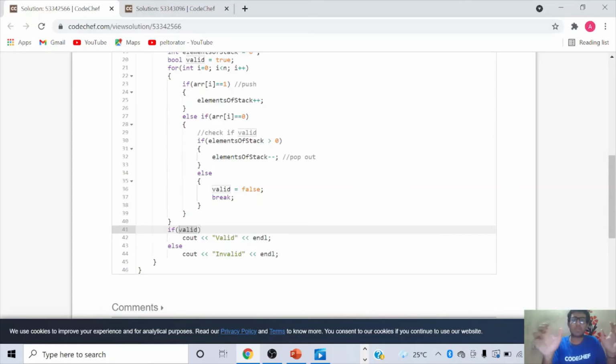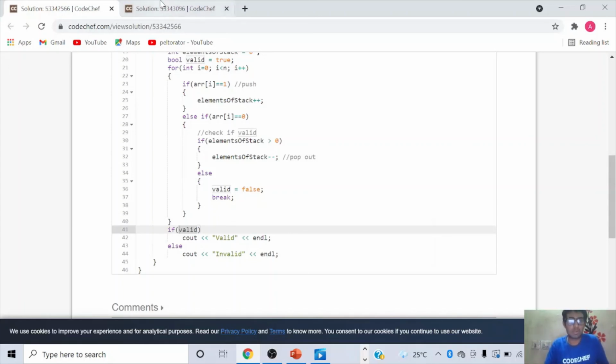So in this sequence, push, push, pop, pop, at the end of processing the sequence, you are left with 0 elements. But it is still a valid sequence because all the operations you performed were valid. You don't mind if you are ending up with 100 elements after processing or 0 elements after processing. The only case where you have an invalid operation is when you pop from an empty stack. So keep this in mind.